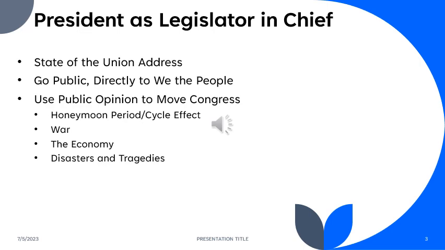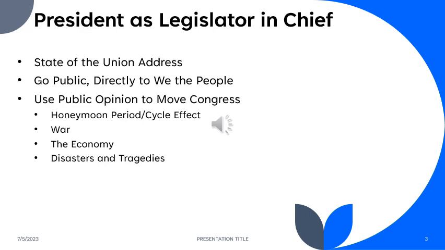Some presidents are better than others, quite honestly. Some are better than others at that. Obama, very good. Ronald Reagan, very good. Biden, not so much. Trump, too divisive to really be very good at that. He only speaks to his base, nobody else. So yeah, the two of the most legendary figures would be Reagan and Obama. Perhaps Bill Clinton. Again, some are going to be better at that than others. It's a skill set. Not everybody has it.